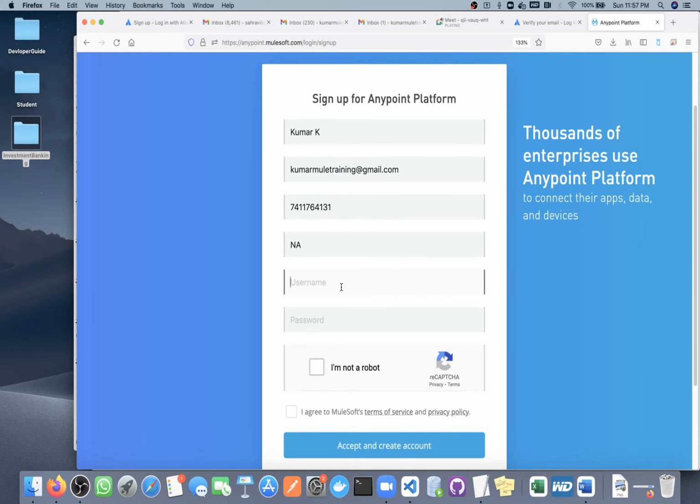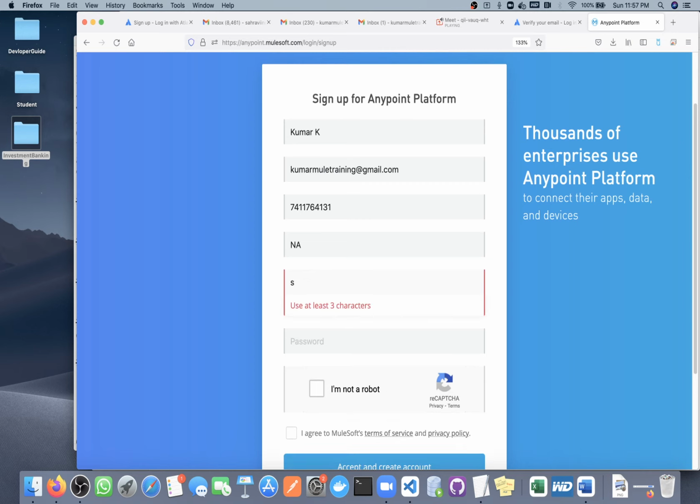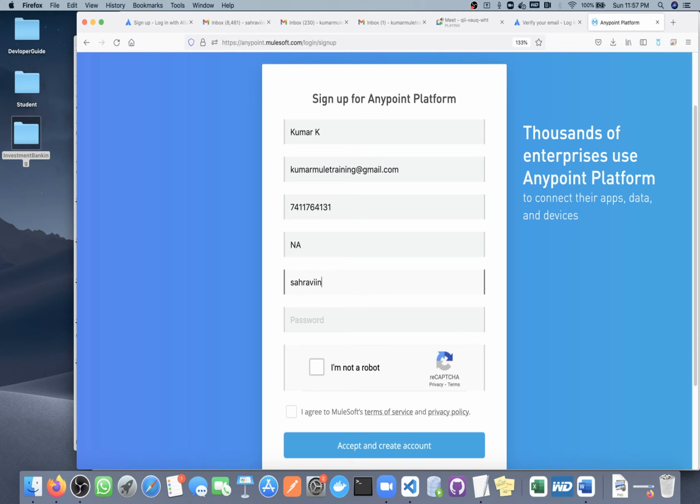Here I am giving a random username since I will not use this account. Every time I create it in this format: I give some prefix, then the month name and then the year, since this account will be valid for 1 month.